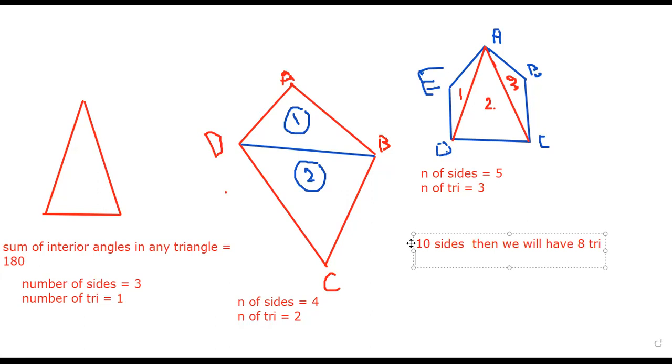16. No. How did you find 16? We said every time we will subtract 2 from the number of sides. For example, when we have 4 sides, then 2 triangles. When we have 5 sides, 3 triangles. 10 sides, 8 triangles. Then, Gasser, 8 sides, they will form